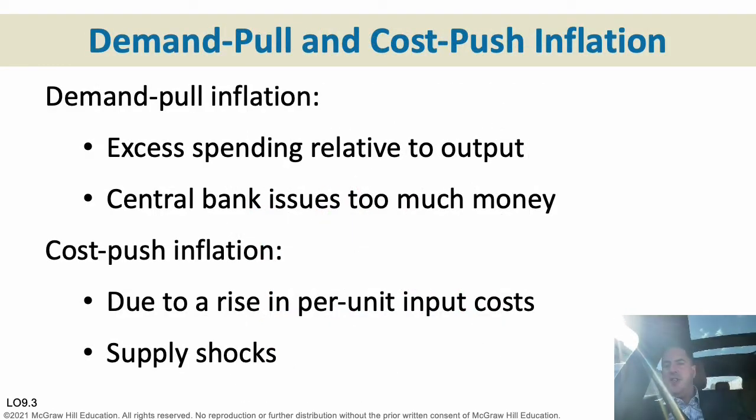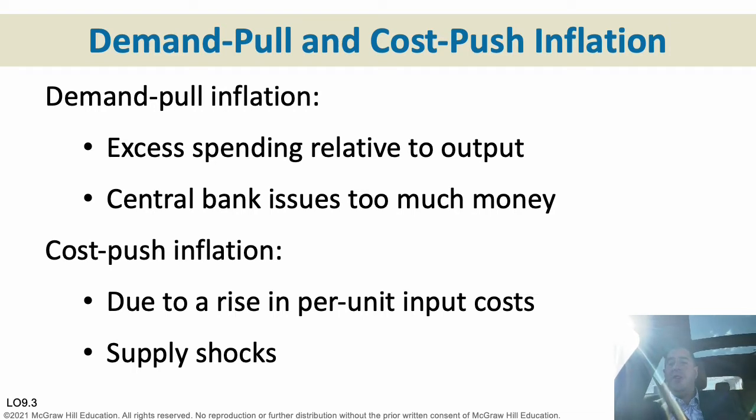Demand-pull inflation is a result of spending increasing faster than production. So we had that during the pandemic. People's demand for boats, cars, etc. is often described as having too much spending chasing too few goods.